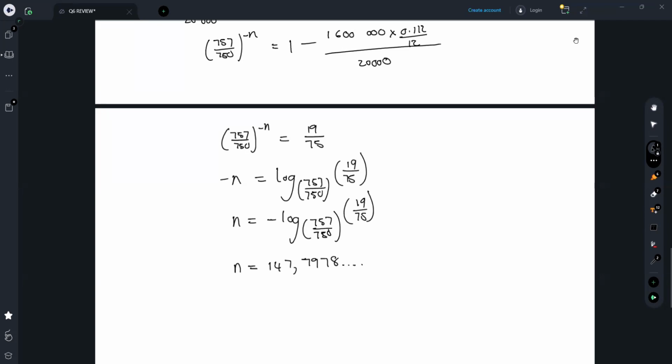So in this case, we're going to have how many? 147. Therefore, 147 withdrawals. Why are we not saying 148? Because this 0.7978